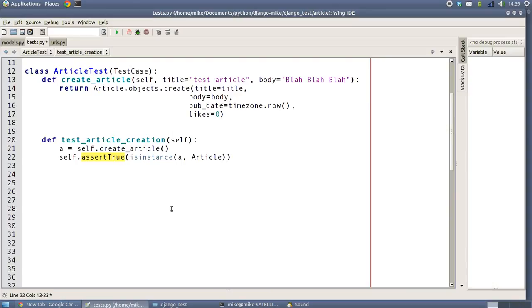Now there are other assert methods in there. There's an assert equal, there's also a function called assert in which tests to see whether a string can be found inside of another string. There's various other asserts that you can apply, and it's worth going and doing a bit of Googling to find out if there's any special other cases that you want to test for. But in the case of this, we're going to assert that it's true that this